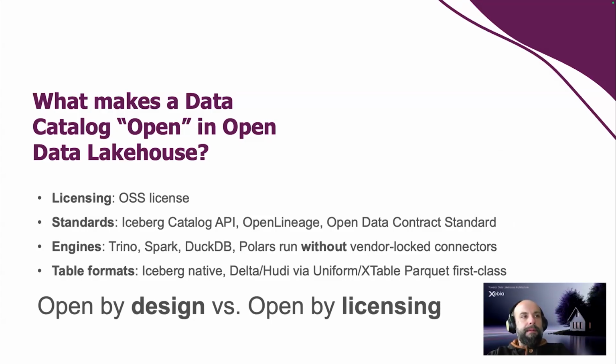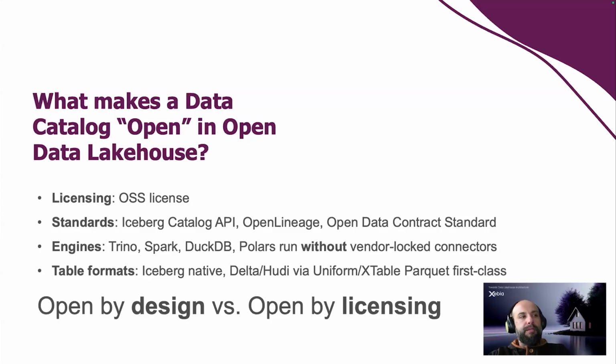When they allow open source tools like Trino, Spark, DuckDB, Polars to connect to the data catalog and access the data assets that are protected and cataloged by this service, and also at the level of data itself, the support for heterogeneous table formats is something that makes even a proprietary catalog, like for example Unity Catalog from Databricks, an open data catalog